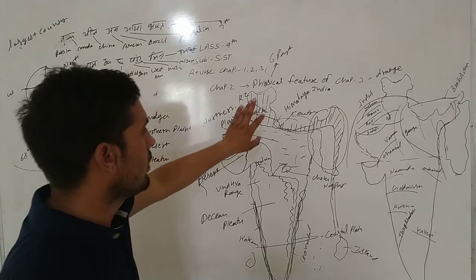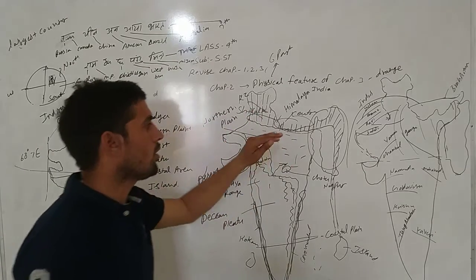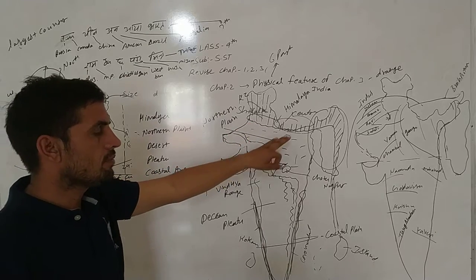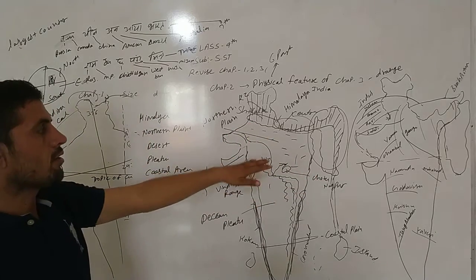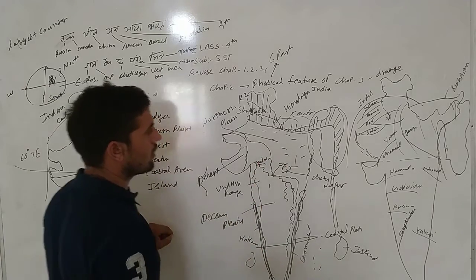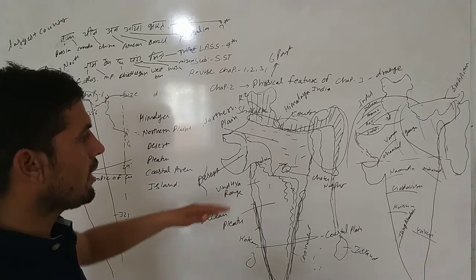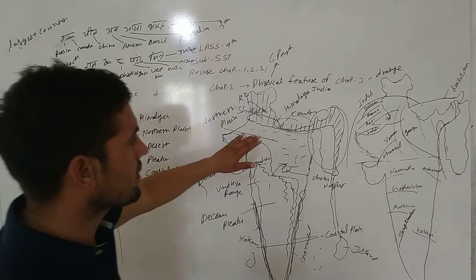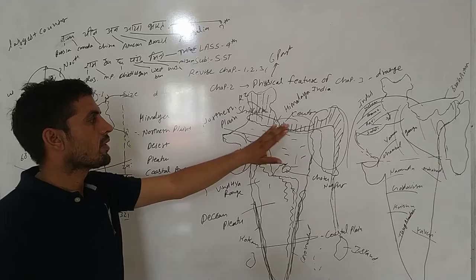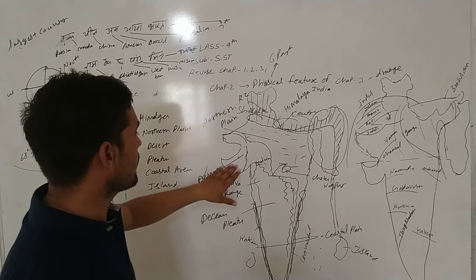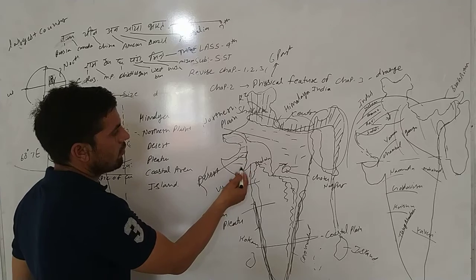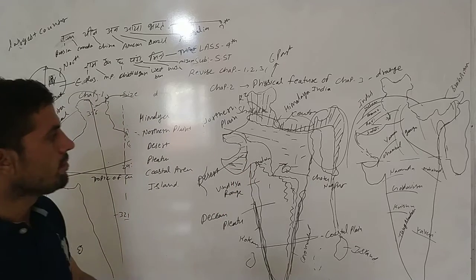Northern plains: the more developed area from Punjab, Haryana, Bengal, Delhi, Bihar, Uttar Pradesh, and the eastern part of Rajasthan also occurs in this area. It is mainly developed due to irrigation facilities. Many rivers are flowing in this part, and industrial development. Next one is desert. Desert is in the western part.